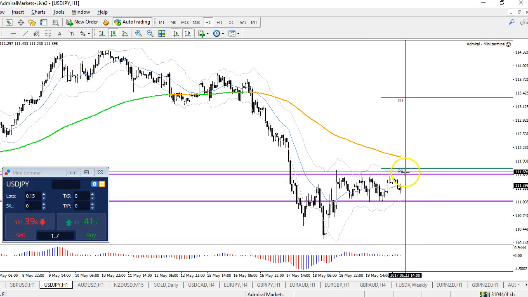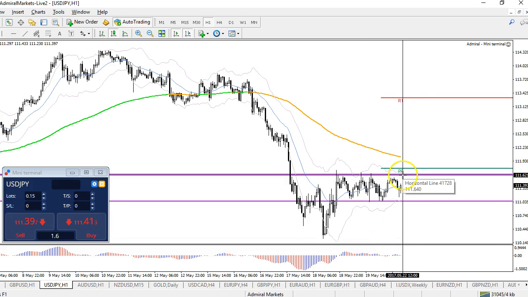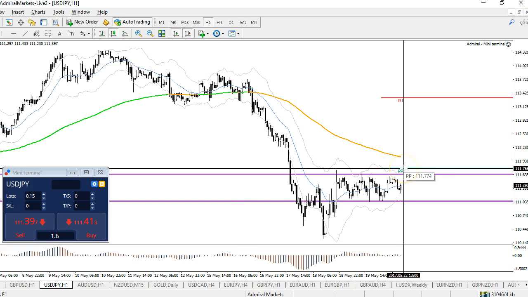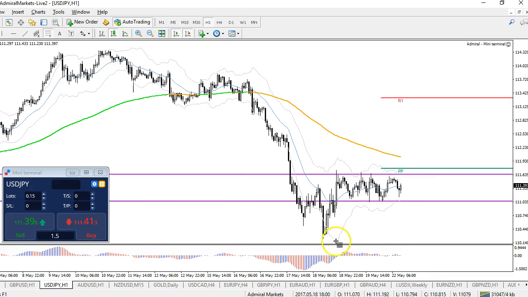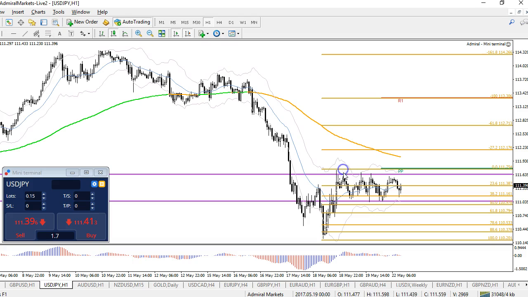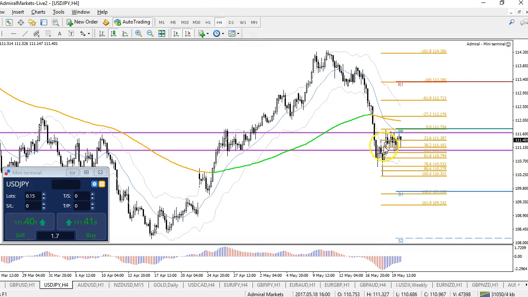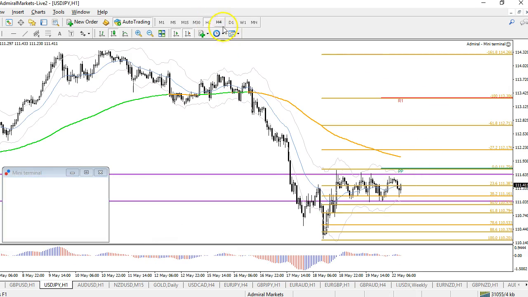Or if it breaks the resistance and we can pivot point around 111.75-ish, then I would expect a continuation to the upside, and in that case price could start to head up to 112 and 112.50. On a 4-hour chart that would look like this in that case. In my opinion, if price then breaks above the pivot point, this weekly pivot point right here, the 111.75,